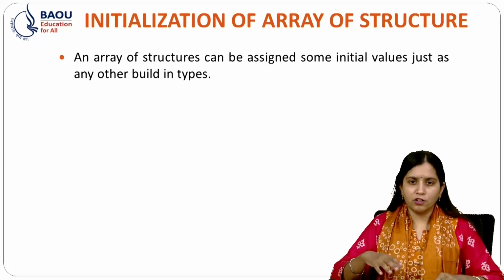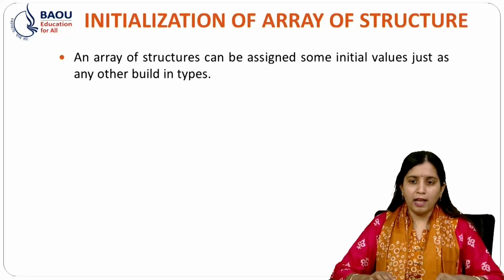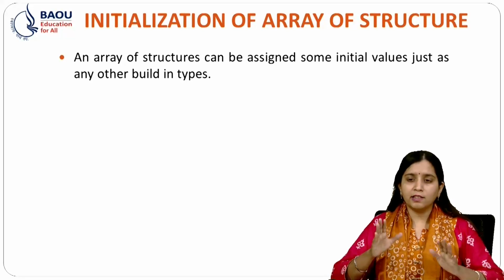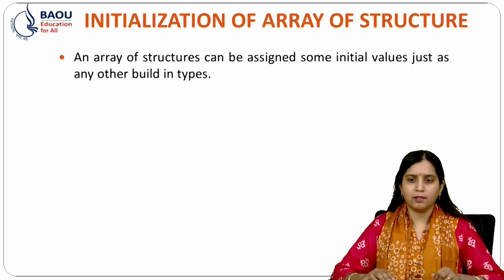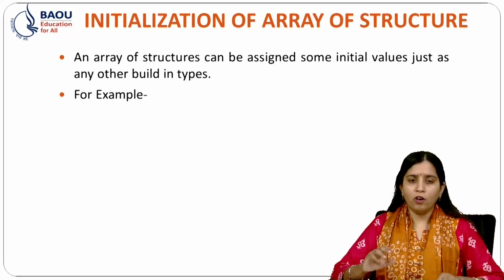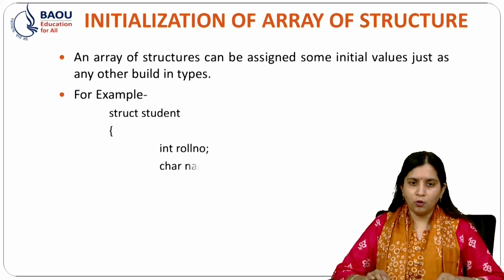An array of structure can be assigned some initial values just as any other built-in data type. As I said earlier, it works same as our array variables. So for example, struct student, int roll number again,